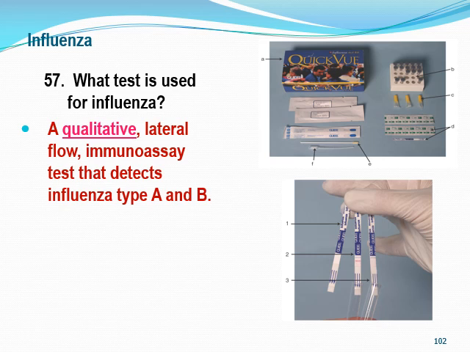Okay, so this is a qualitative, right, lateral flow immunoassay test that detects influenza type A and B. So make sure you're reading along in your chapters in your textbook. A lot of really great information, pictures. And like I said, guys, it shows you the procedures and it tells you step by step how to perform this particular test, which as a medical assistant or a lab assistant, you will need to know, because if you are placed in the physician's office labs, there's CLIA waived testing that you very well could do. And it's always good to have that basic knowledge of how to do it,